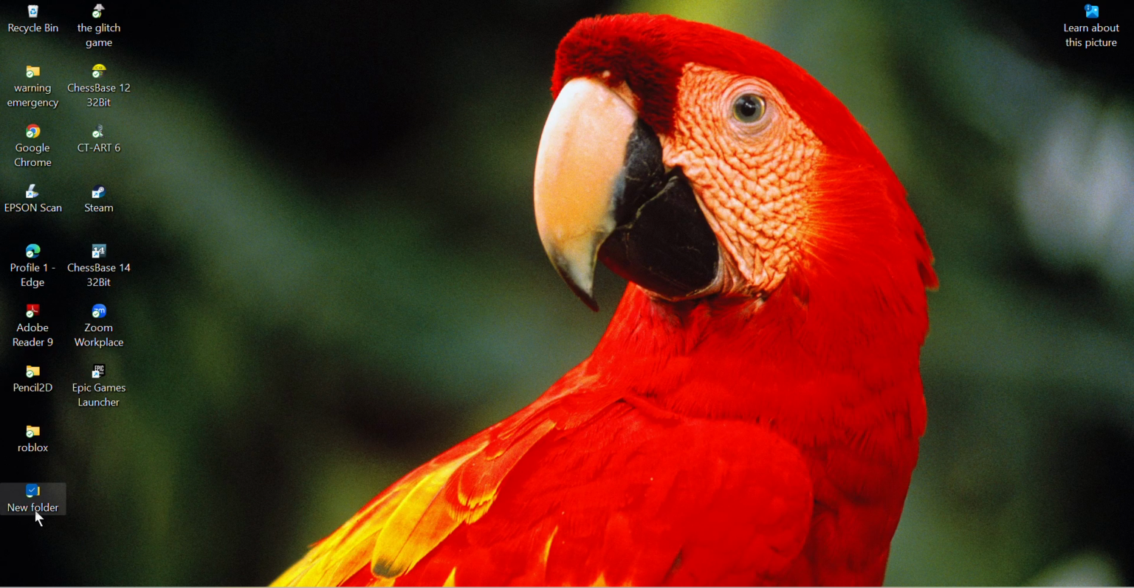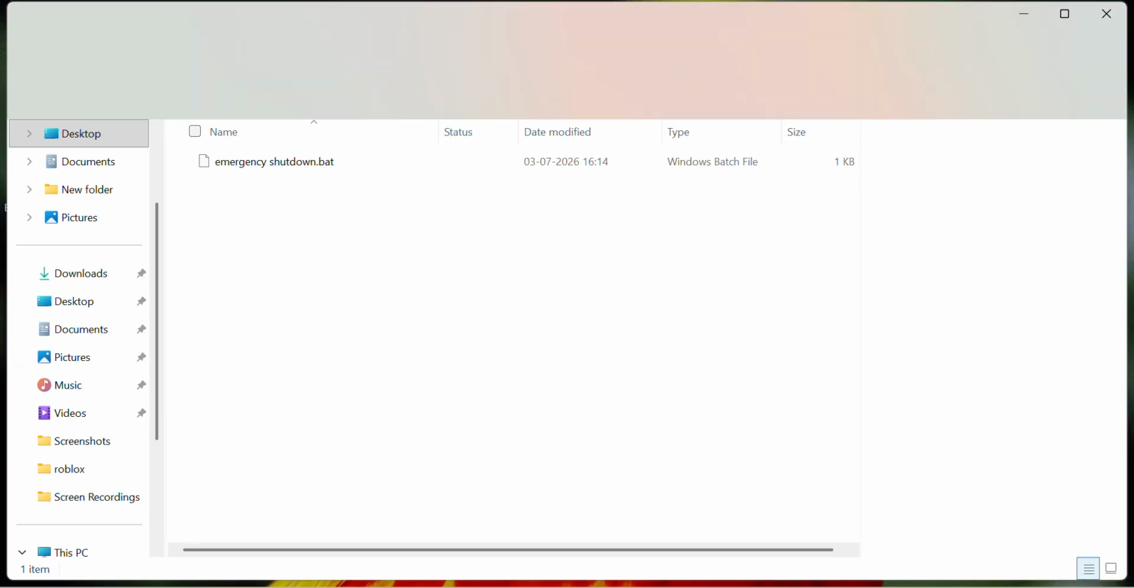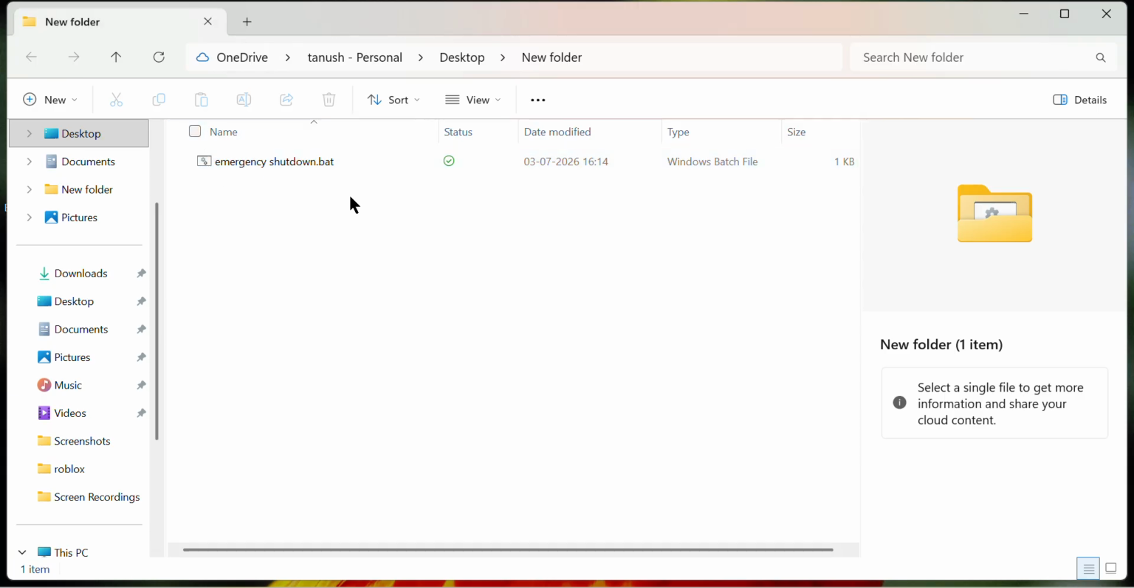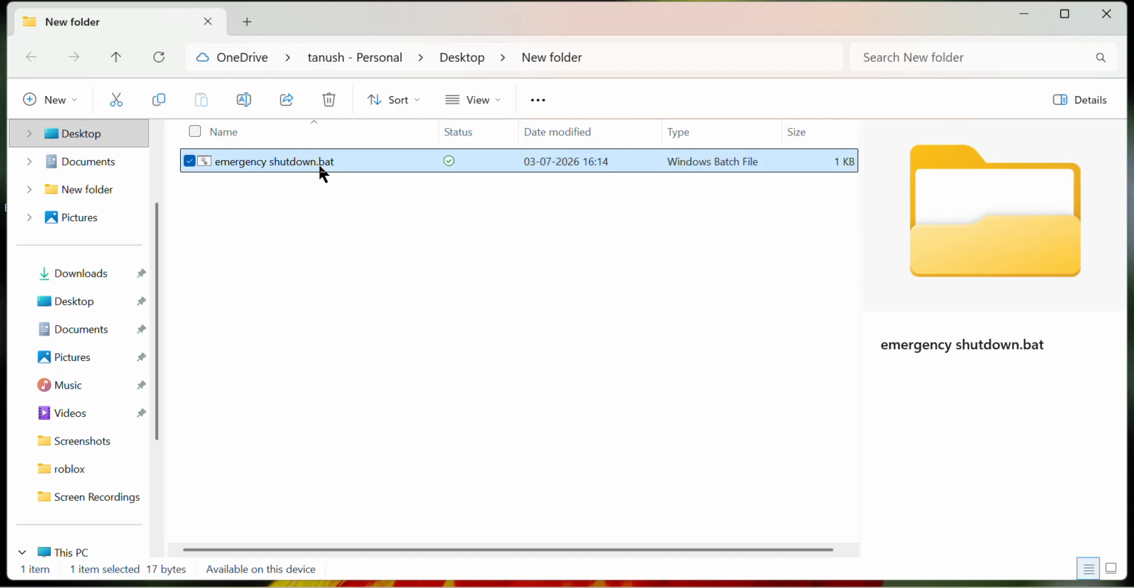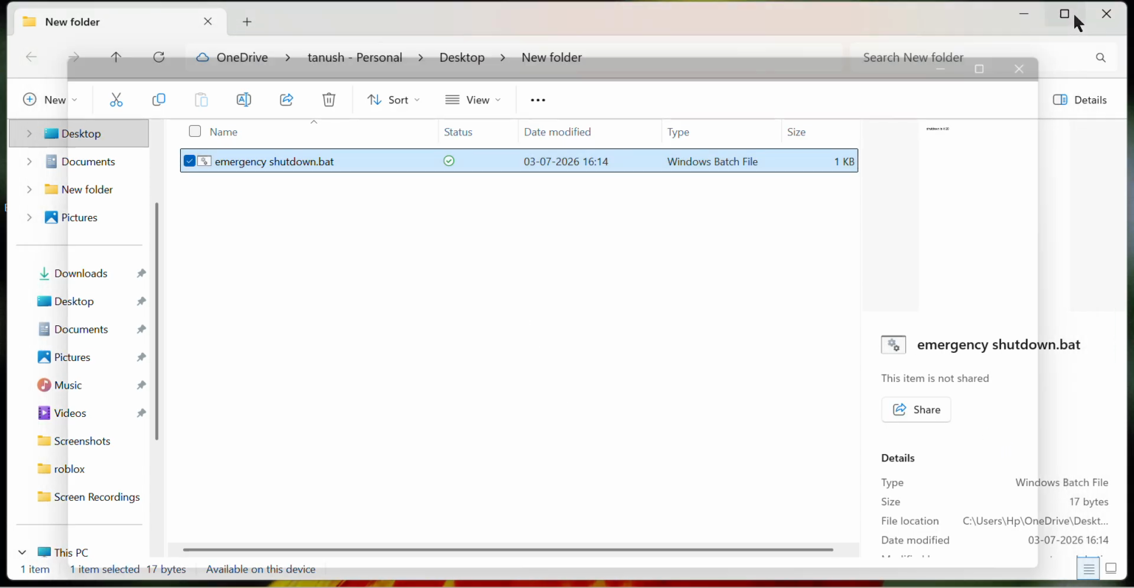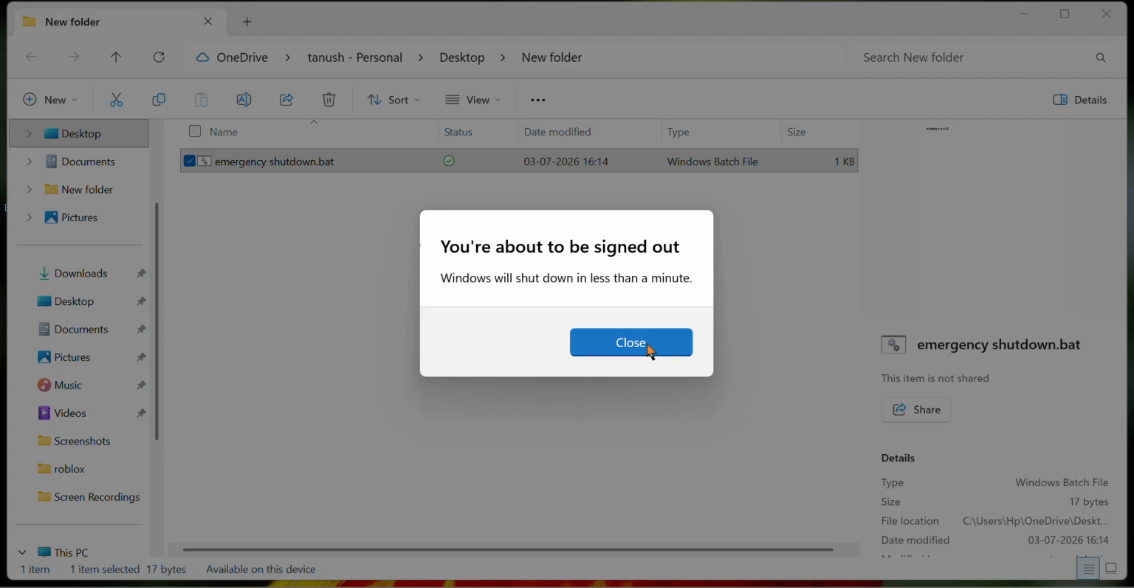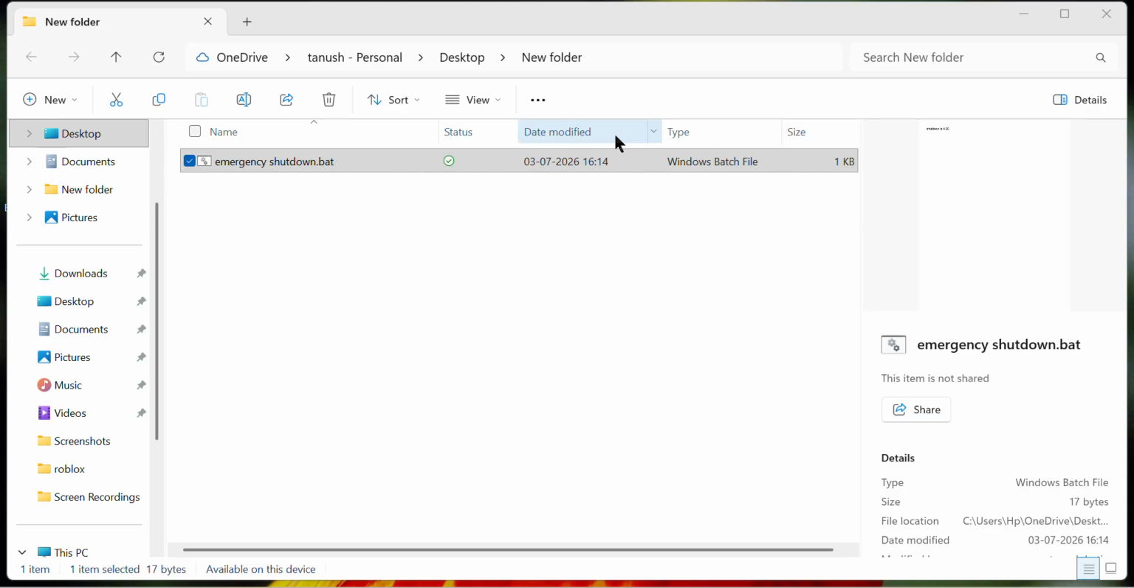in your desktop. Open your desktop and this is an emergency shutdown BAT. What does the BAT even do? Well, oh yeah, this just happens. So I'll see you in the next